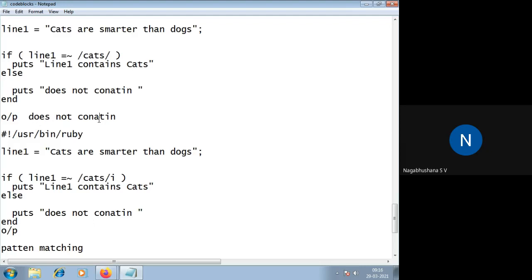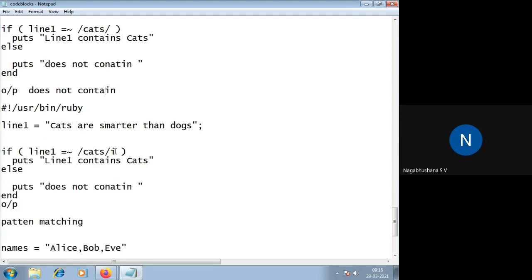It is going to return false because the pattern is not matching. But if I want to make the pattern matching irrespective of case sensitiveness, then I will use what is called the I modifier. If I'm using the I modifier, the output will be line 1 contains cats.